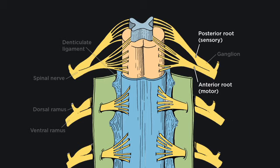Now, each anterior root is entirely motor, meaning that all of the neural pathways in it are outgoing efferent pathways from the CNS, such as to skeletal muscle or smooth muscle. Each posterior root is entirely sensory, in that all of the neurons in this structure are carrying incoming sensory afferent information from receptors in the periphery, like touch receptors in the skin or proprioception monitors in the muscles or joints